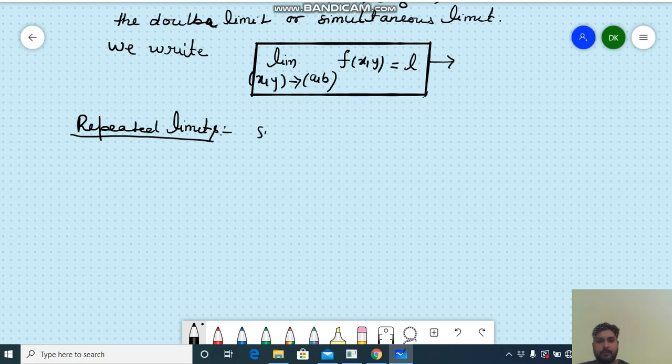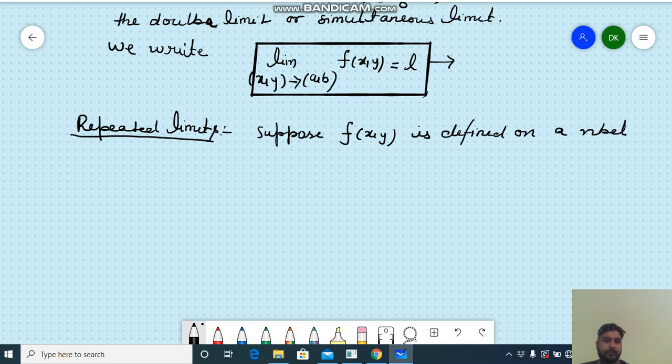Suppose f is a function of two variables, f is defined on a neighborhood, suppose N, of the point (a,b)